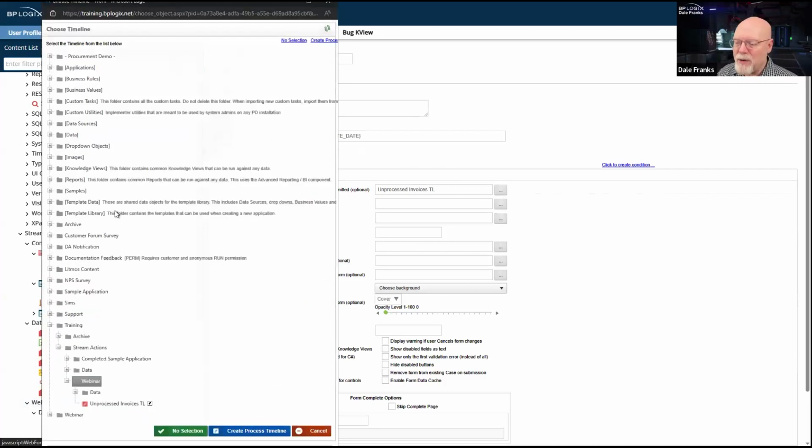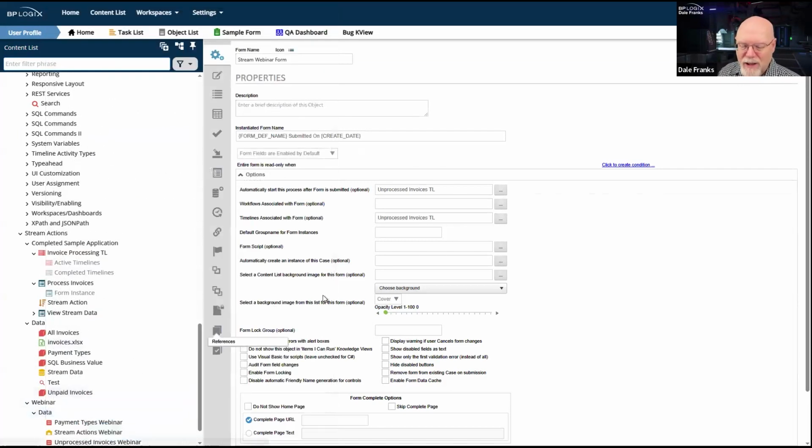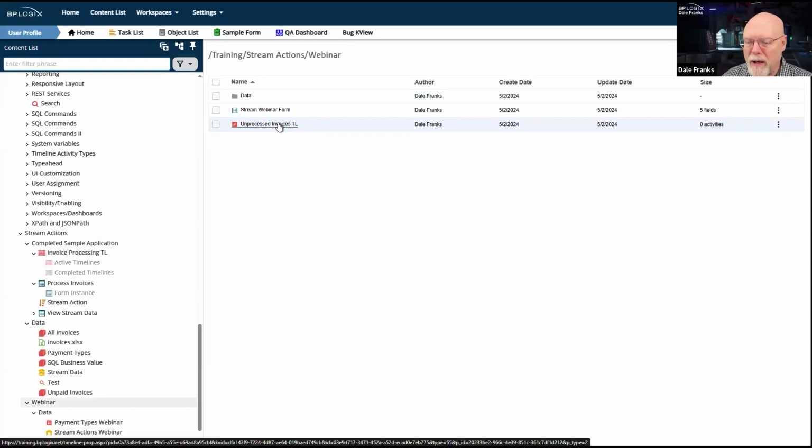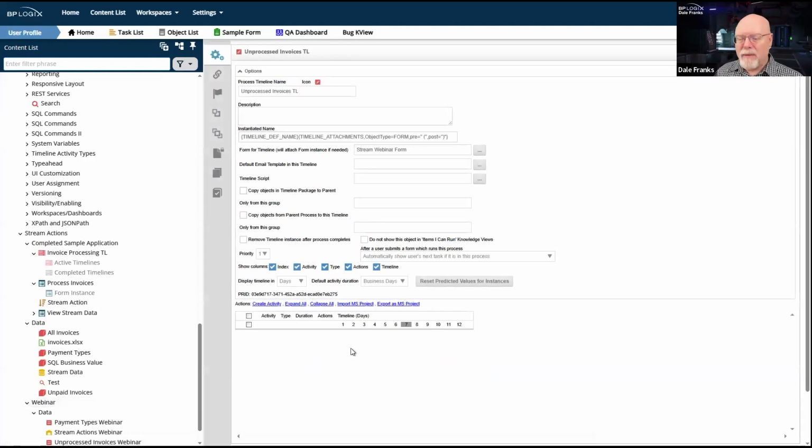I always do timelines associated with. That's not going to be necessary in this case because we're not really going to be doing any conditions based on the process timeline. But I now have a form and a process timeline that are all working together. My timeline is going to be as simple as it is.